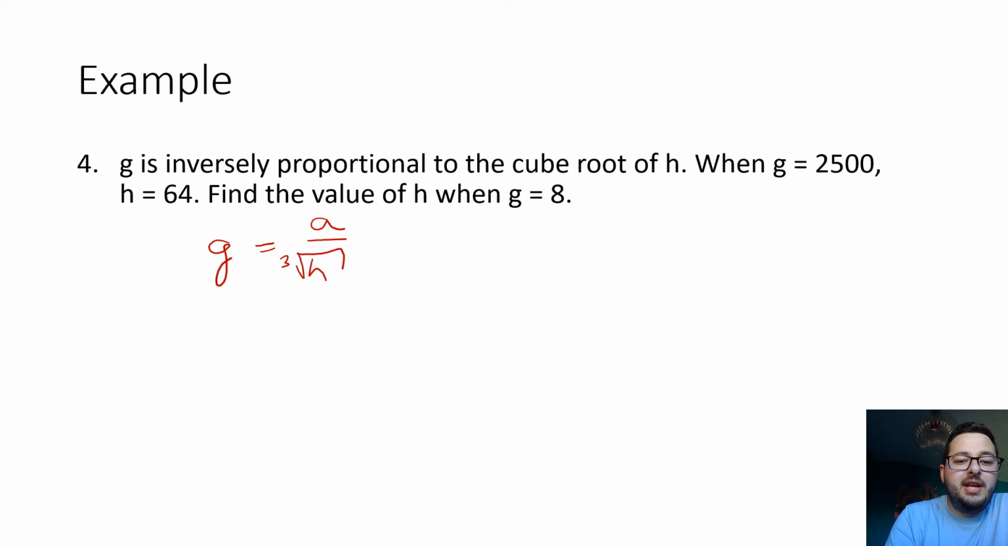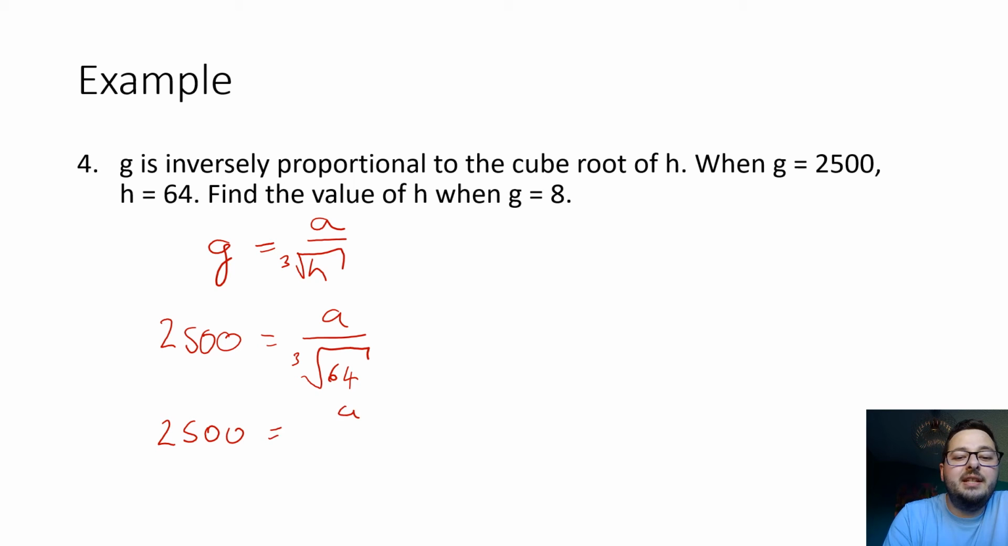Okay, so G is 2500. That equals A over, well, h is 64, sorry, giving it away there. So we want the cube root of 64. Now what cube makes 64? It's 4. So 2500 is equal to something divided by 4. Now 4 we can times up, and 4 times 2500 will give us 10,000. So A is